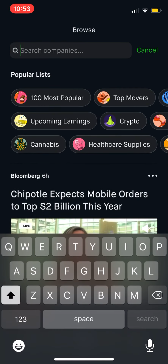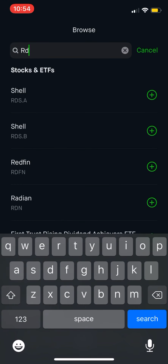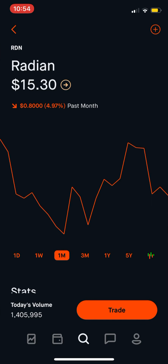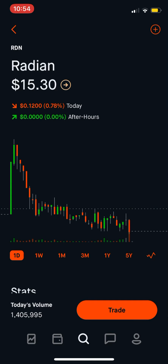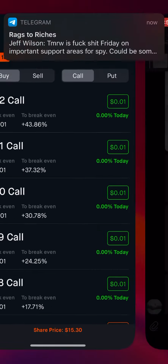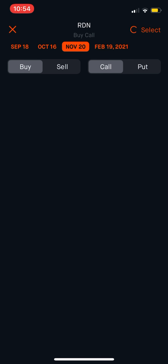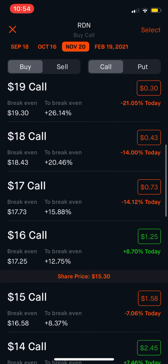So what you're going to want to do is type in the stock you want. Let's just go with RDN, or Radian, I guess. Make sure you can trade options on the stock, and then what you want to do is trade options. It's actually kind of a bad one to do it for, but what you want to do is click the